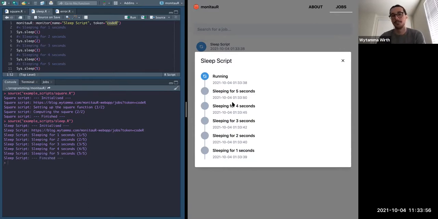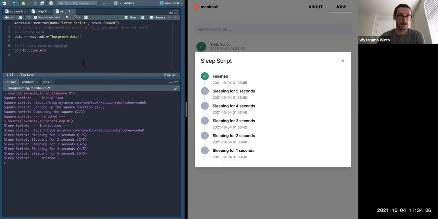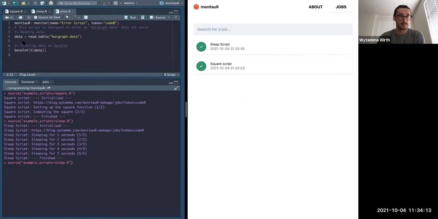If you have some long running script or a bunch of different scripts, you can add this to it, name them, and monitor the progress. It also captures errors. So here's another one that has a script that just does something dumb. I'm not even sure what it's doing, but it just makes an error. So if I type in